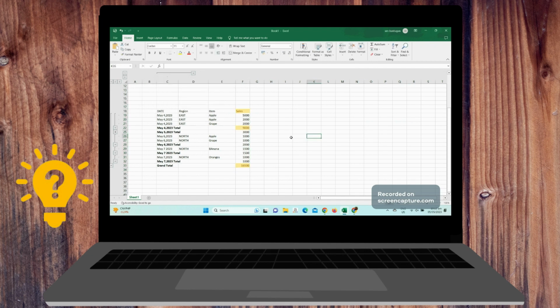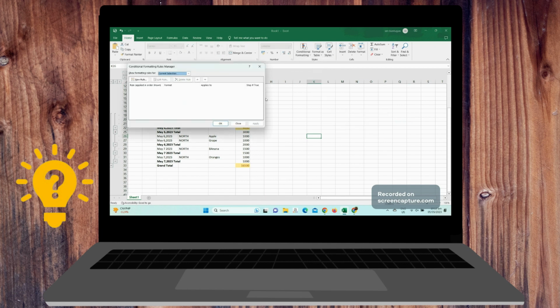You can also create complex formatting rules using formulas, icon sets, and data bars. To access the options, click on More Rules on the Conditional Formatting Rules. In the Conditional Formatting menu, remember that conditional formatting is a powerful tool that can help you quickly identify important